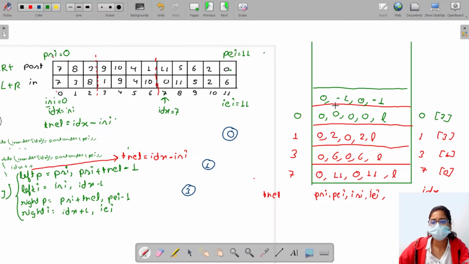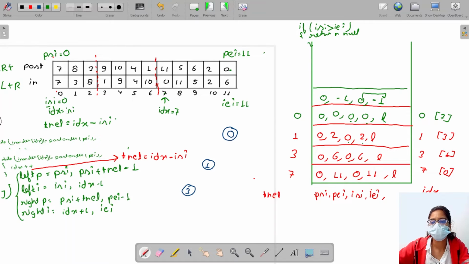So we should also create a base case, because we have reached a point where ISI value is greater than IEI. In rest of the cases, ISI is always less than or equal to. So we will hit the base case as if ISI is greater than IEI, then what we'll do? We'll return